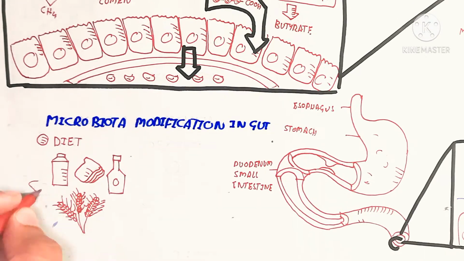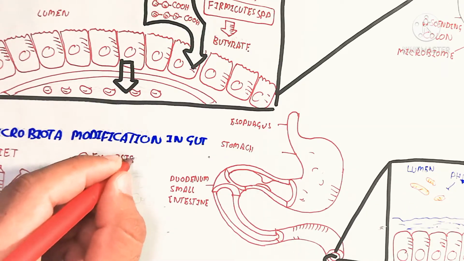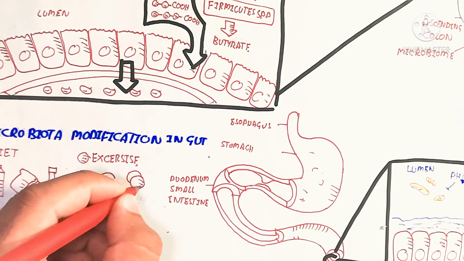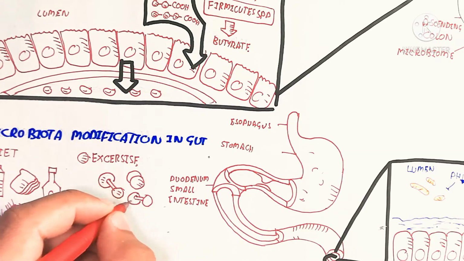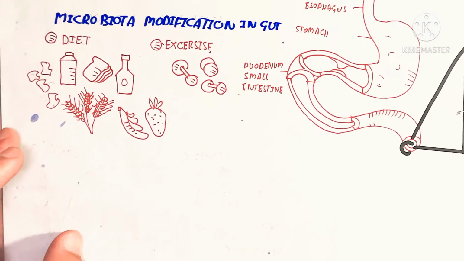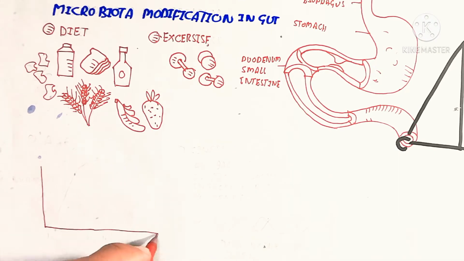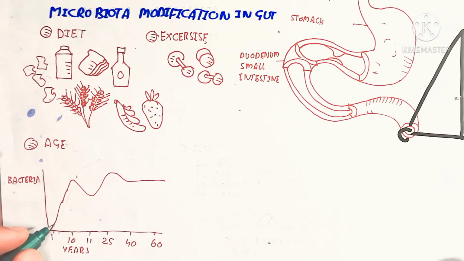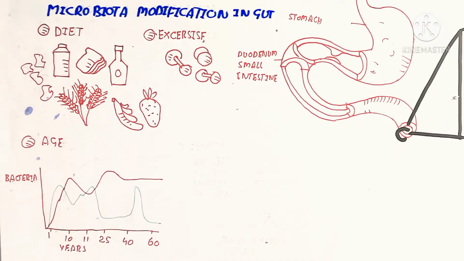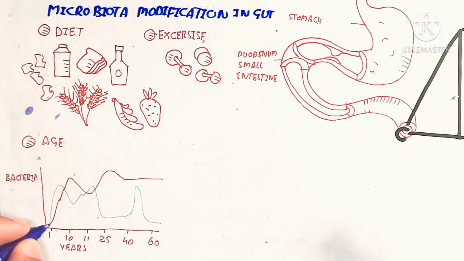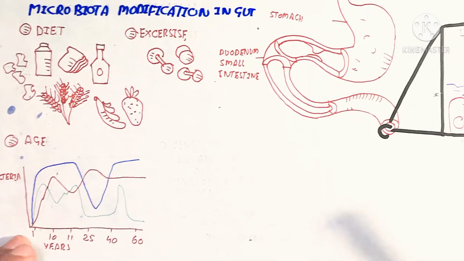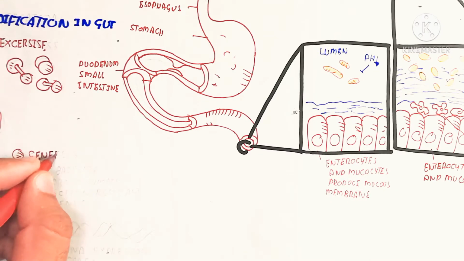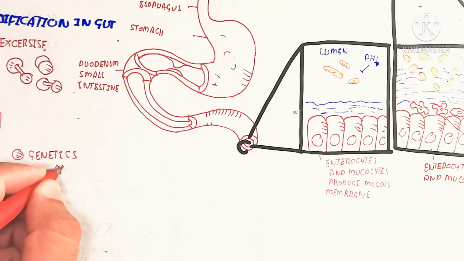So here the microbiome modification in the gut is due to diet, exercise, as well as age. The age-related types of bacteria that are helpful will matter. For example, the number of bacteria and the quality of bacteria come in different types, and these different types increase or decrease with changing age. So I can explain this diagram to help you understand as well. Here the horizontal axis shows the age, and the vertical axis shows the quantity of different bacteria colonies or different bacteria species. So you can understand as well.